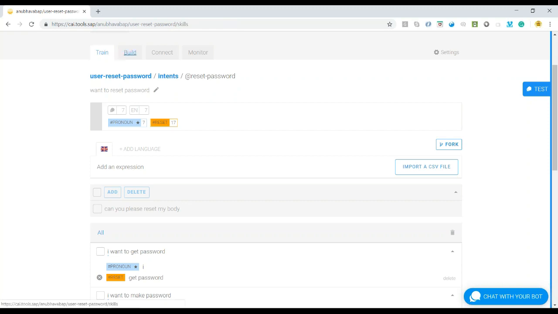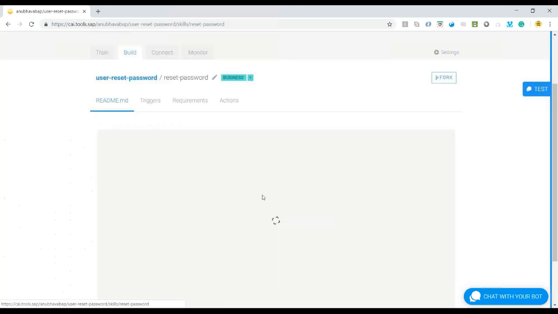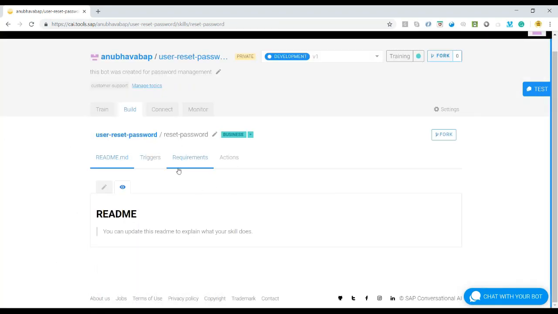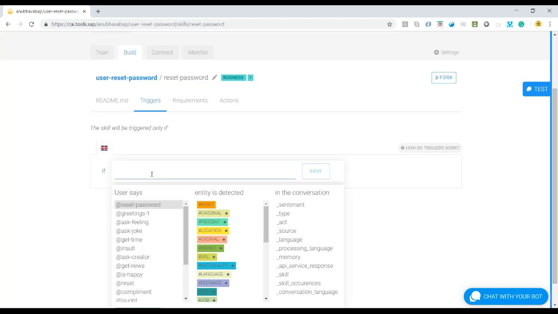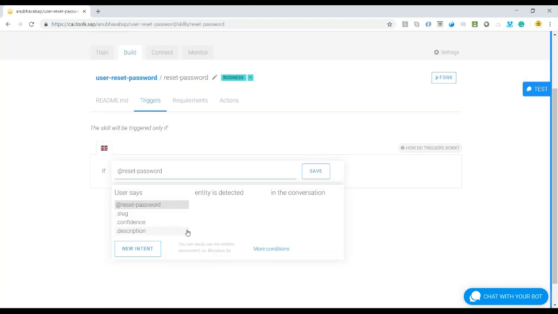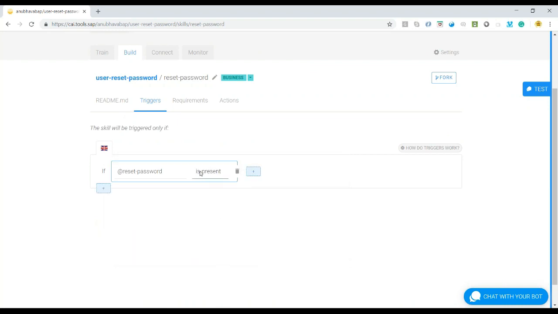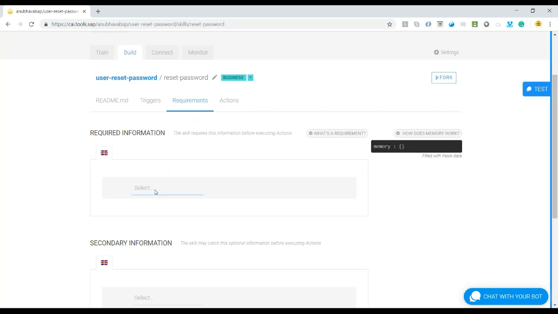So let's go back to the build, and we go to reset password, and I'll say, hey, this particular skill reset password should trigger whenever I find somebody is requesting for reset password. That's what I've just created. So I just save this, and if this is present, this is going to trigger my skill. The skill name is reset password. As a result of this skill, I would want to ask further questions to the user. Which system would you like to reset your password? So I would say if this skill is matched